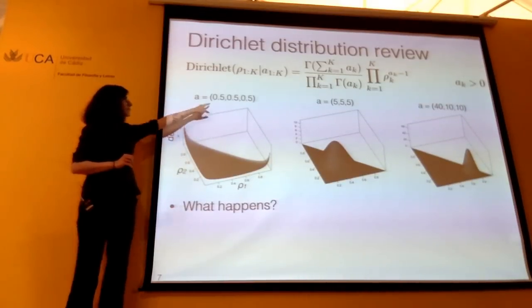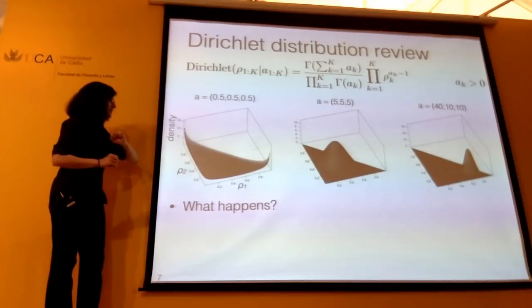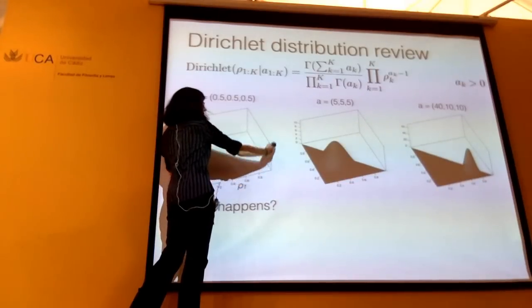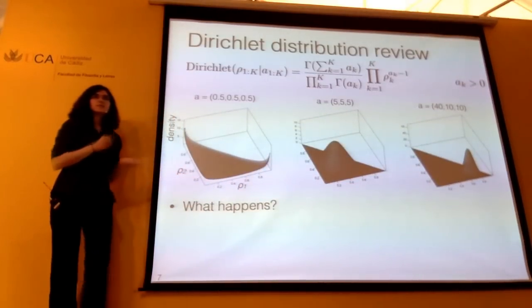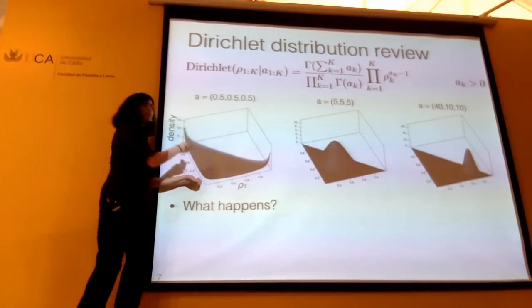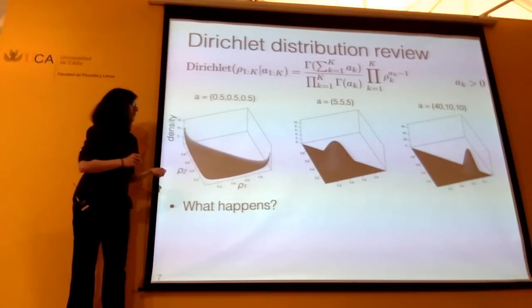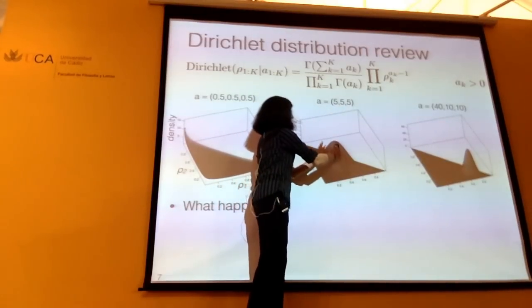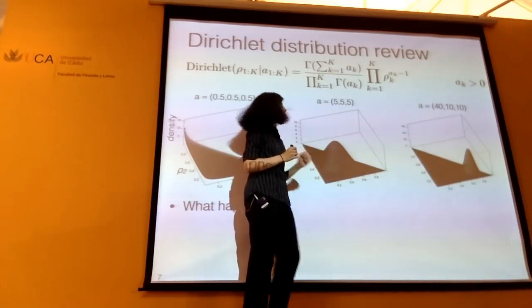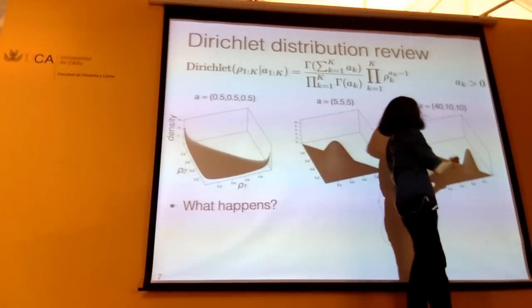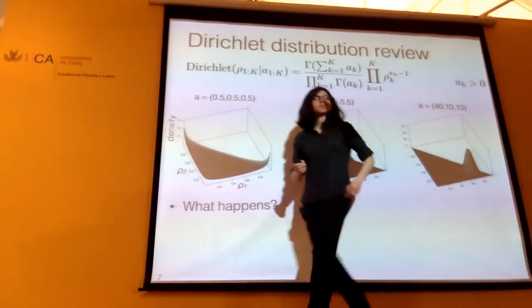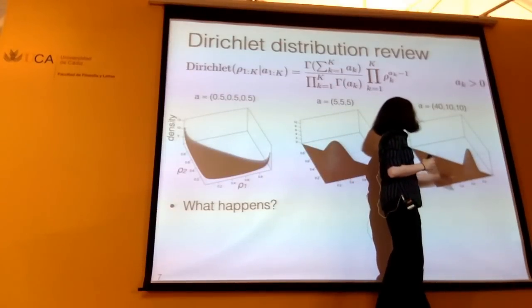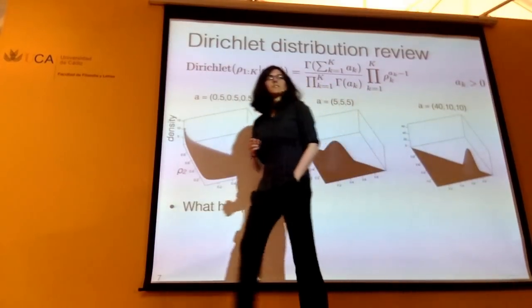So we completely know what rho 3 is once we know rho 1 and rho 2. Okay, so once we have that, and we have a bunch of a's that are less than 1, we can see we're getting the same behavior we saw before. We're getting sort of the mass at these edges. And not just at the edges, even at the vertices. In the case where all of the numbers are greater than 1, we're starting to see peaking in the middle. And in the case where we have some other combination, then we see peaking in a different direction. And in particular, since a_1 is greater here, we see that it's greater towards rho 1.